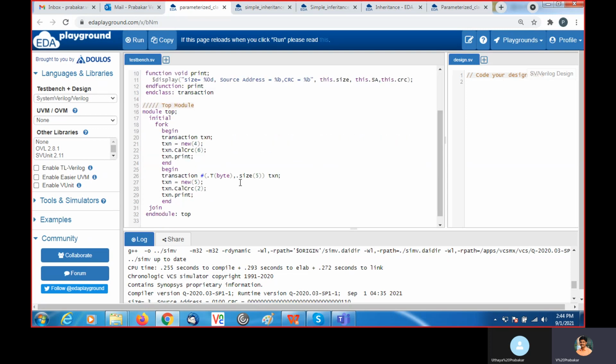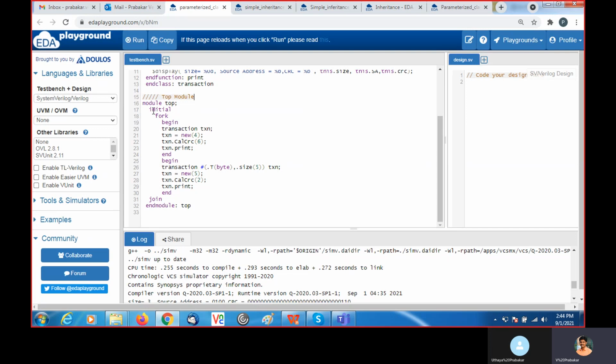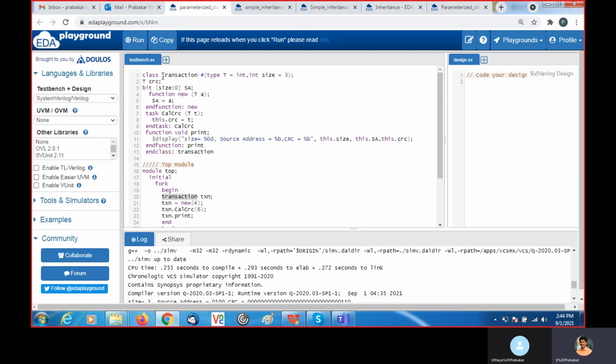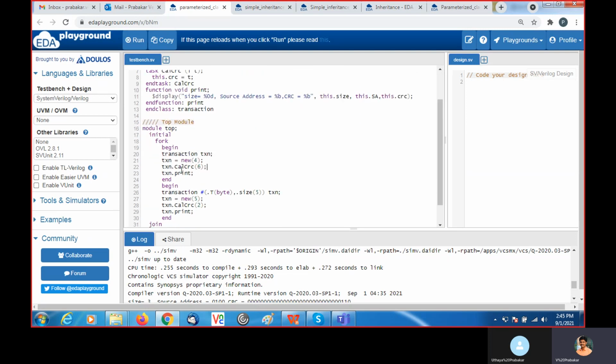So inside the module, within the initial begin end, here I use fork. So all the statements represented inside this fork will run parallelly. Here we have two processes. One is this begin end, another one is this begin end. So here what we are doing, I instantiate the transaction, it's nothing but this class name transaction, as trans, and I create, allocate a memory of 4.